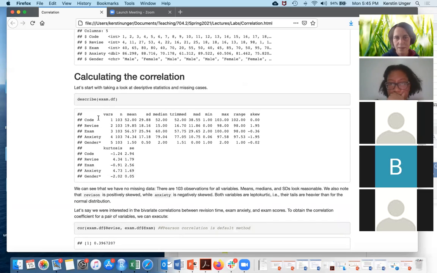And so it lists for our 5 variables the variable number, then the number of cases. We see, hooray, no missing values. That's always nice. So we have 103 observations for each variable. The means all look reasonable. For revision time, it's rather low, but that is nothing. I mean, it might be, but we don't know anything about the